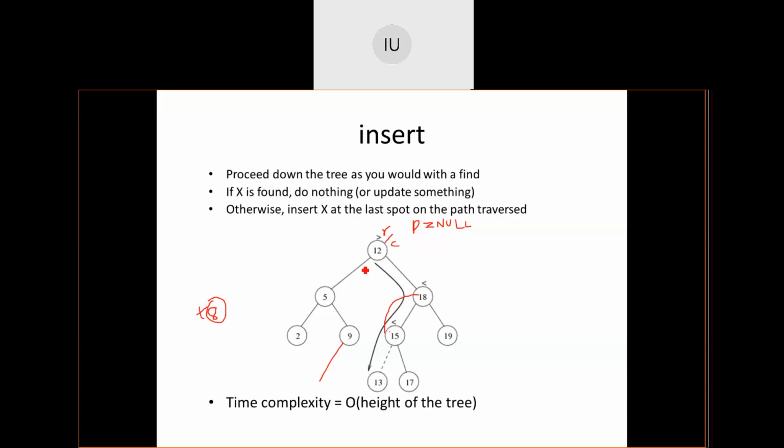I will proceed this current in the direction of left or right based on the element's value. Every time the new element to be inserted, the value is compared against the info part of the current. If the element is lesser than the current's info, then current is moved to the left subtree. If the element to be inserted is greater than the current's info, then current is moved to the right subtree.